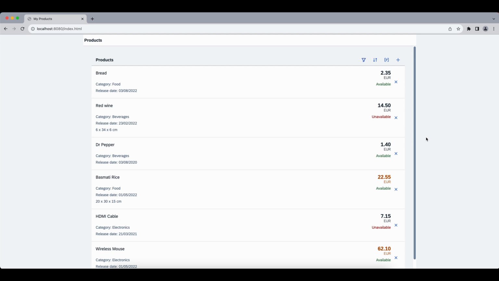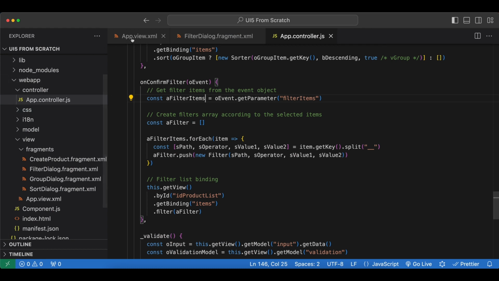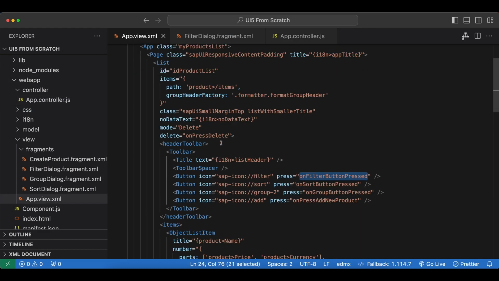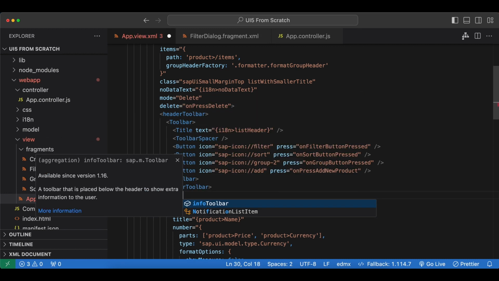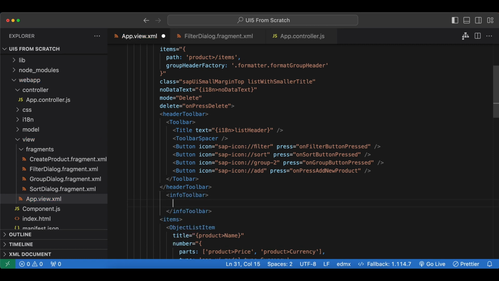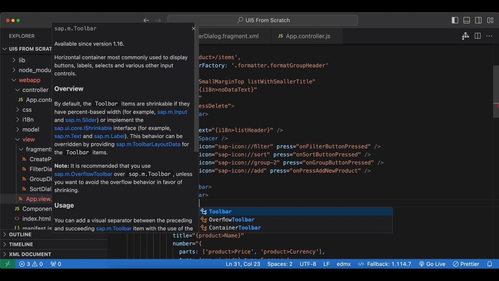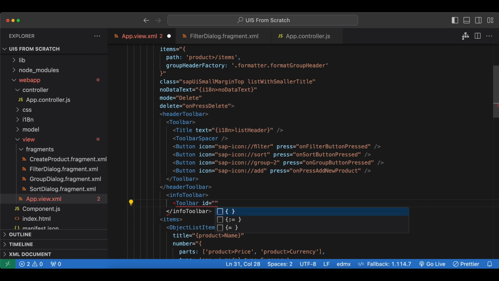Now one more thing we can do, and we should do, is to add some kind of information to let the user know that the list is in a filtered state if there are any active filters. And for that we will use another aggregation of our list here. Instead of toolbar, we will also have an info toolbar, and in here we will simply create another toolbar, and we will give it an ID because we will have to access it from our controller. Let's call it ID filterInfoToolbar,